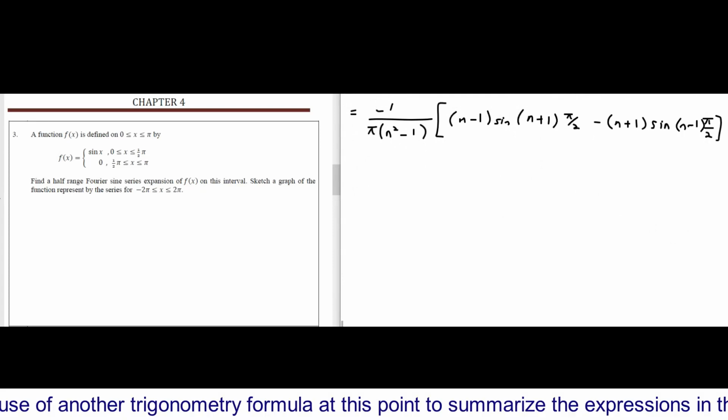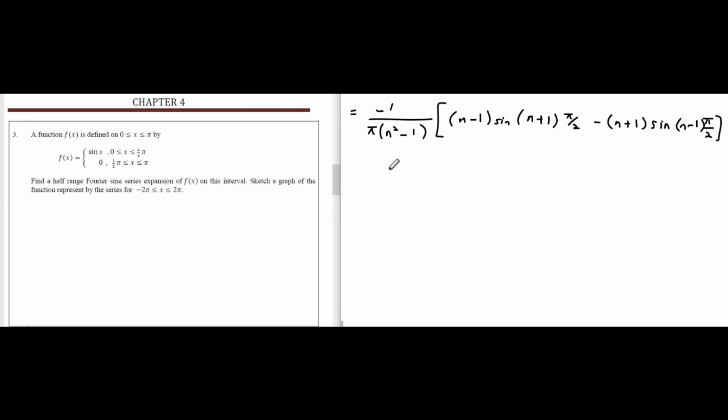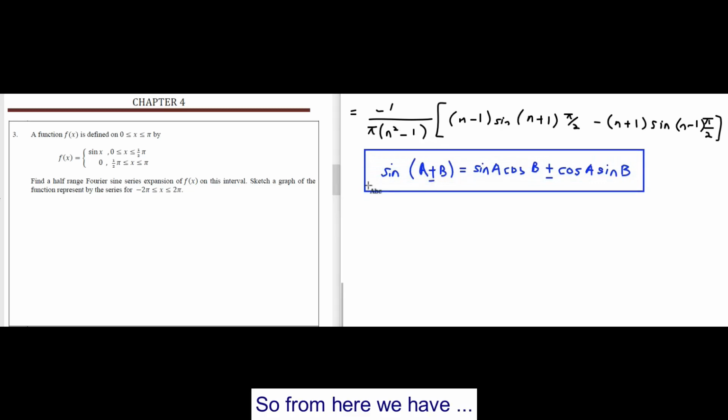We make use of another trigonometry formula at this point to summarize the expressions in the bracket. So from here we have